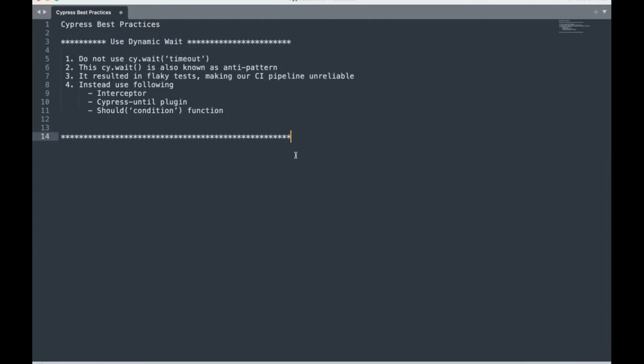And because of this cy.wait, it can lead to flakiness in your tests, and because of that flakiness your pipeline is not trustworthy, I will say, from the developers' perspective. Why? So let's take an example to understand why this cy.wait is not reliable to use